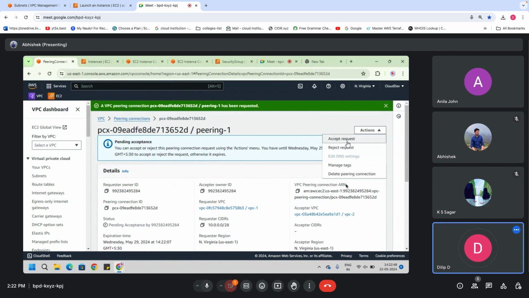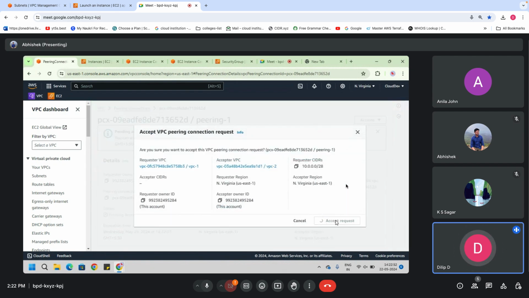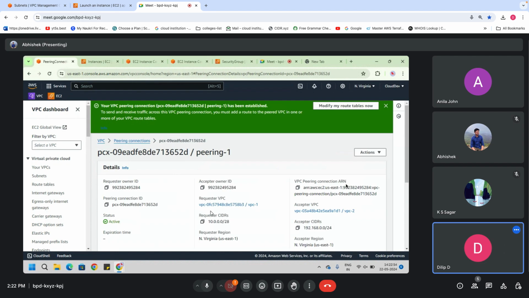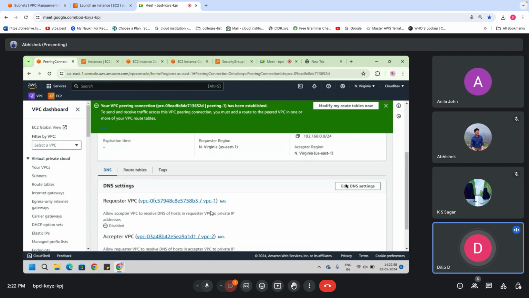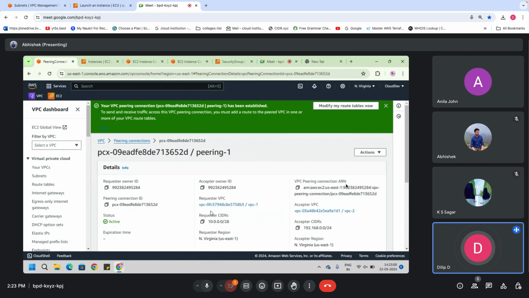Now we go to Actions, Accept request. I'm accepting the request. Once you accept it, that message will not come. Okay, now the peering connection is all set up. We have connected one VPC to another VPC. Now I need to add routes. If you go to route table,